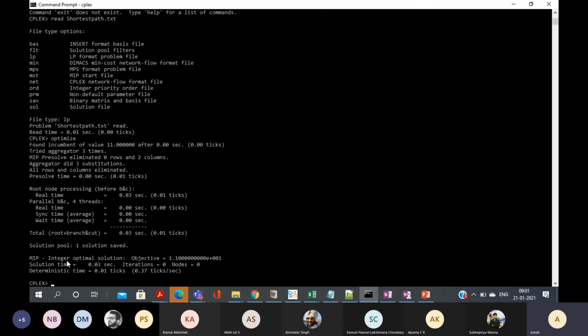It says that it's an integer optimal solution. You see, because all your variables are binary in nature, that means they're integer. So it says that it is the integer optimal solution, and the objective value is 1.1 into 10 to the power 1. So that means 1.1 into 10, that means 11.